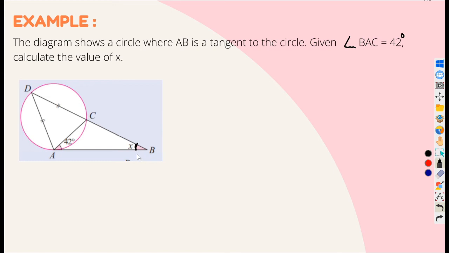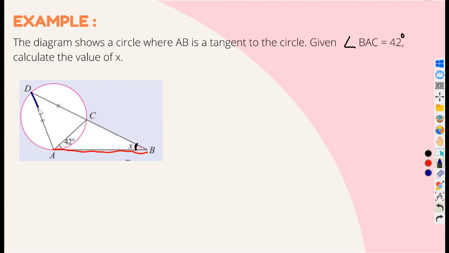And we know that AB is tangent to the circle. So by using the relationship that we learned,